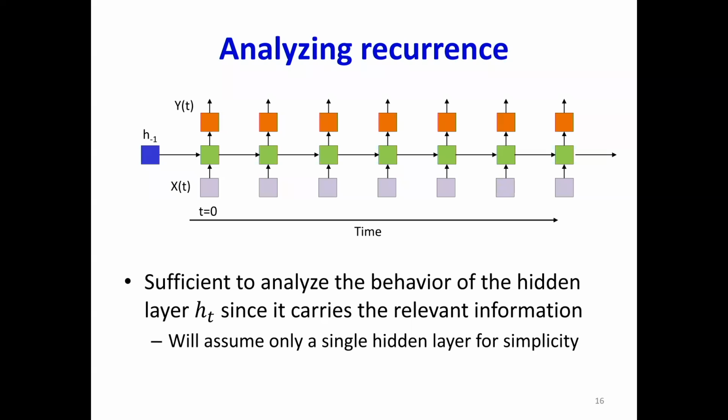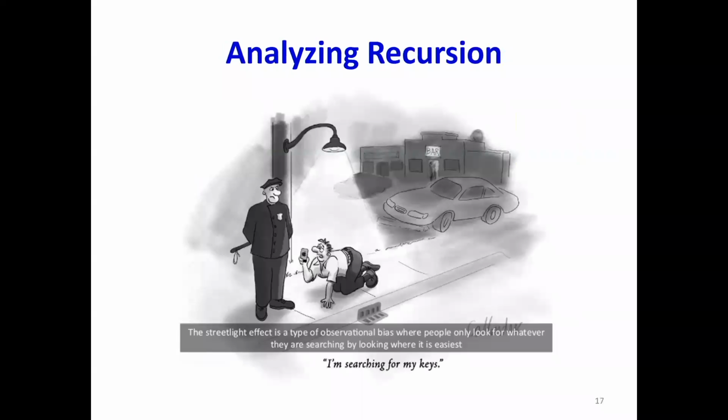Now, in order to analyze this, the actual recurrence only occurs in the hidden layer, the recurrent layer. The rest of them don't have any accumulation going on. So to understand how this behaves, we have to look only at the recurrent layer. Let's look at this one. It turns out that analyzing the recurrent layer is really painful because you have nonlinear activations and nonlinear things going on. So we're going to go back to our old trick. Here's a problem that we cannot analyze, so we will analyze a problem that we can analyze and then try to find the relationship between the two. The old streetlight effect.